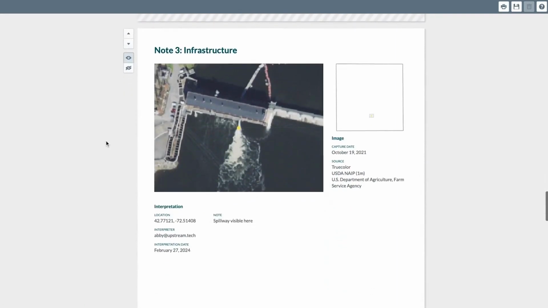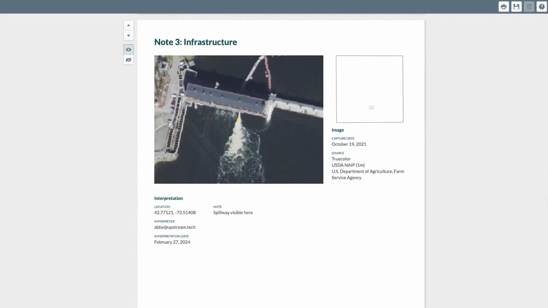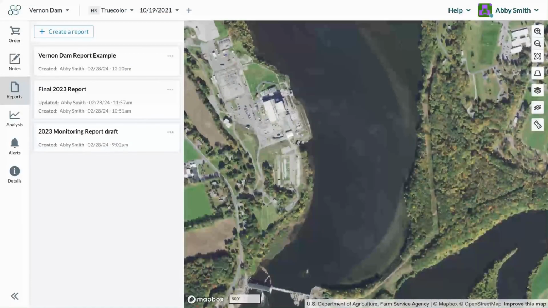Once I've made all the changes that I want to make and my report looks good, I can click this new floppy disk icon at the top here to save a report to Lens. It's going to prompt me to enter a name for this report and save it. Great. If I pop back over to Lens, I can see in my reports pane that example report that we